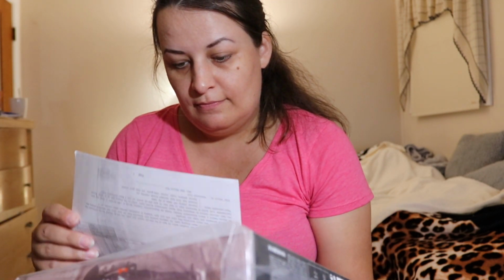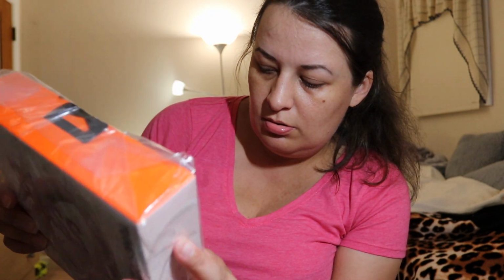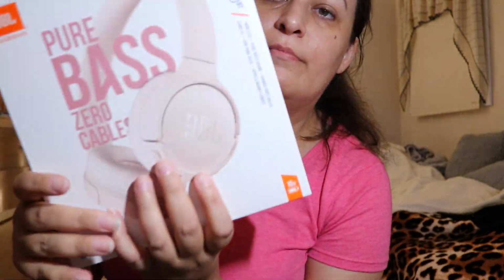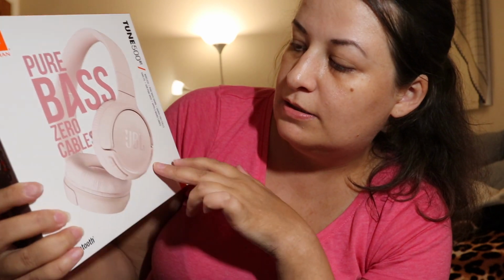So here's the packaging info. And here they are, JBL Pure Bass cables, Bluetooth. So the box looks like this. JBL Pure Bass headphones, 16 hours we have, and they are pure bass sounds, hands-free calls, multi-point connection, and lightweight